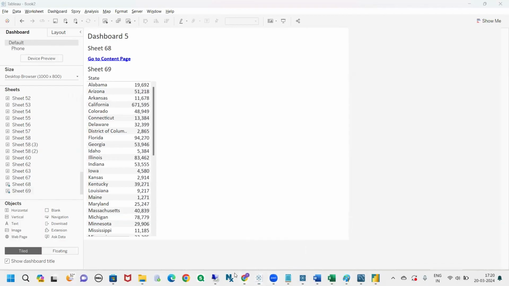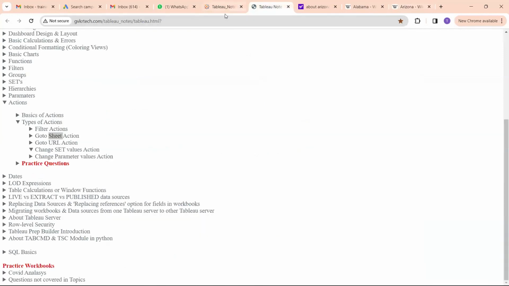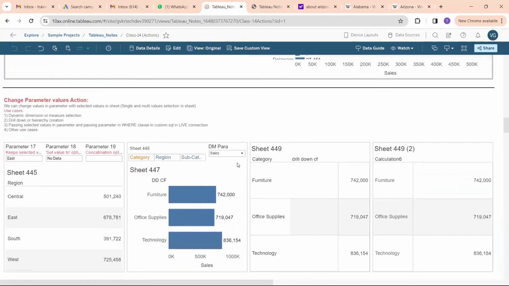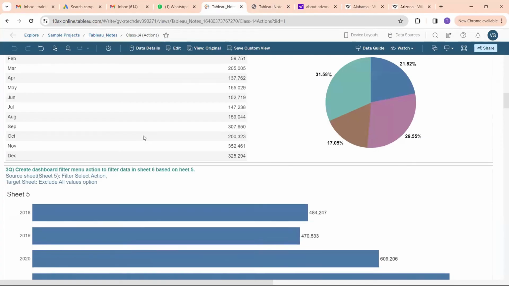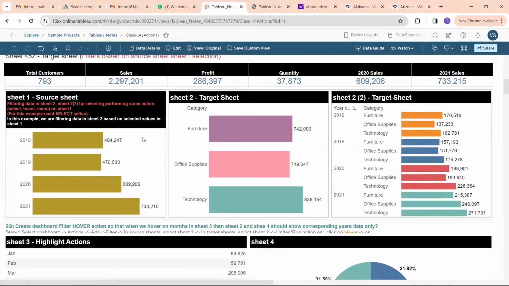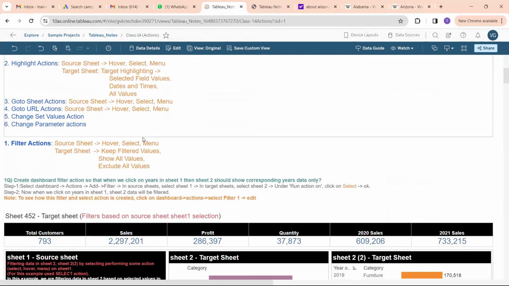Okay, so till now it is a bit easy only. Till now, these are very easy things. You can learn these things. But here we have a few more options. Those are nothing but change set values action and change parameter values action. So these two are a bit difficult to understand. But if you go through